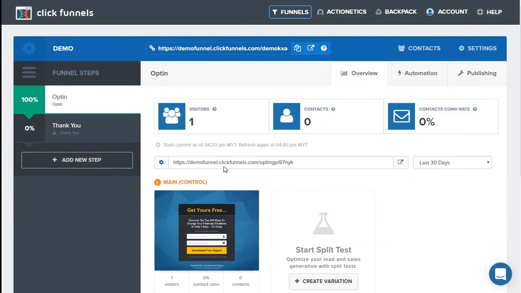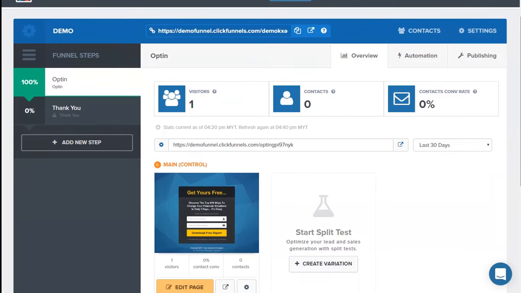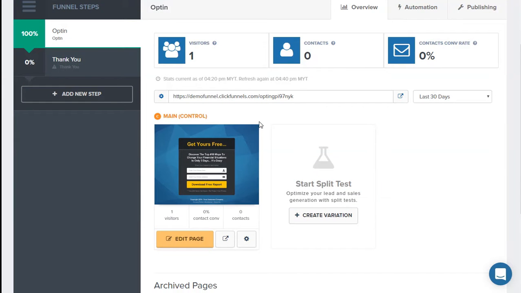In this section here is your opt-in URL. Your opt-in URL is different from the main URL because this would enable split testing. When you use split testing, you can review the stats from the last 7 days, last 30 days, last 2 months, this year, or all the time. And if you go further down, you will see the main control where you have a preview of the template that you have chosen with a stats summary of your visitors, conversion, and contacts, and you can also do a